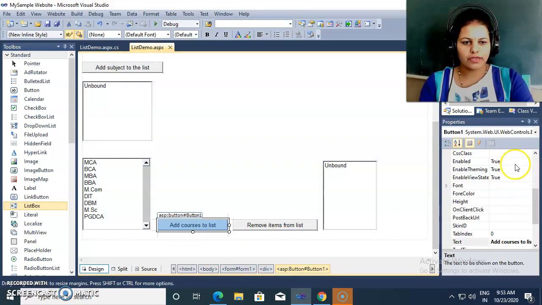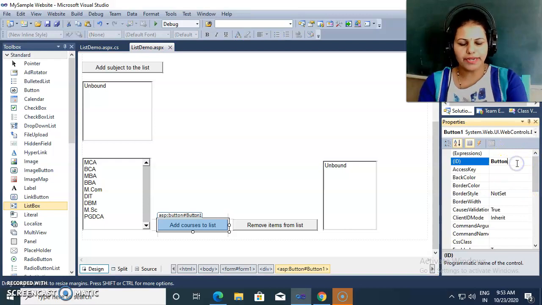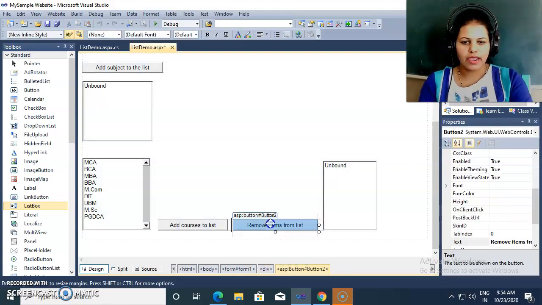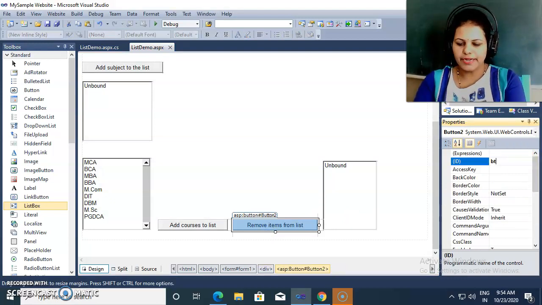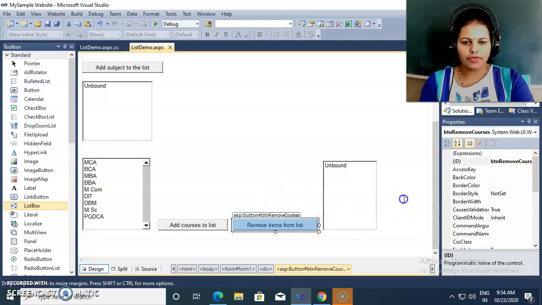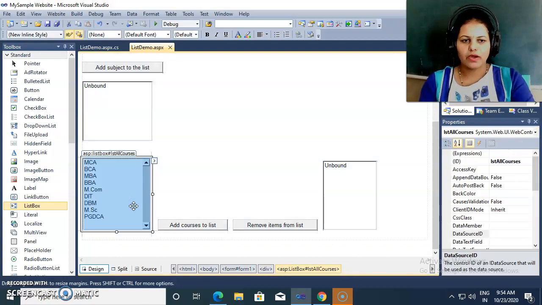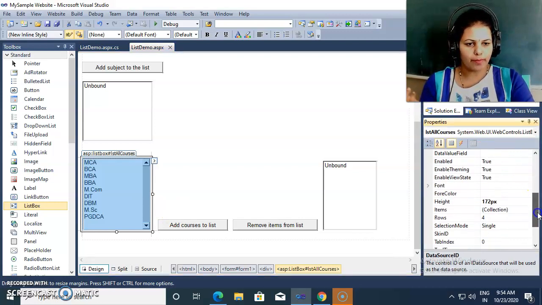Then for this button I am giving the ID as btn add courses, add courses, and this is I am setting the ID as btn remove. Some meaningful ID we need to set. Then to select multiple items, we need to set one more property here,